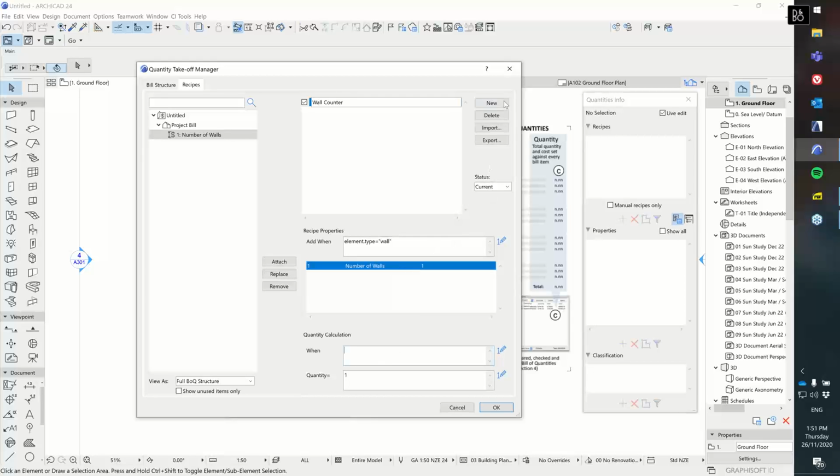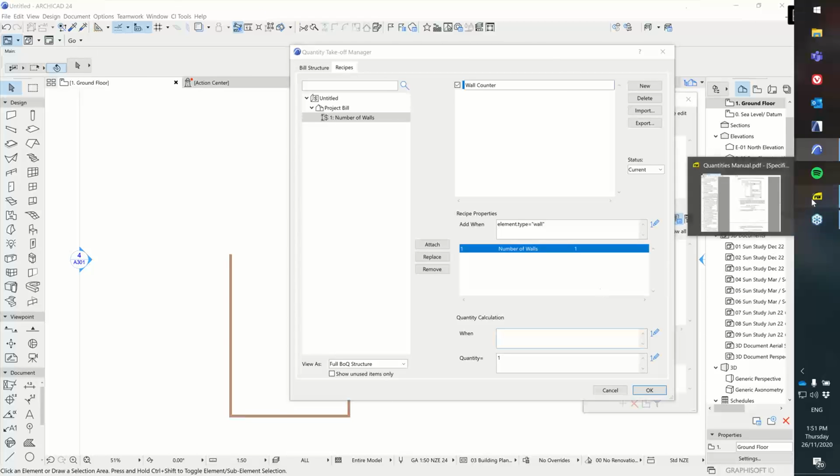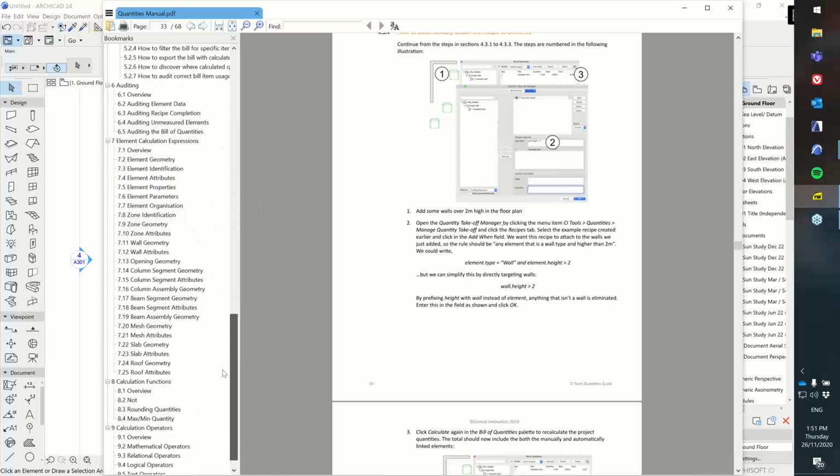However, we can narrow this down a bit further if we want to. We could come in here and say that the number of walls should only be increased by 1 when the surface of the wall in question is brick or something like that. We add that to our when field here, which would be, I don't have it on hand, but the option will be